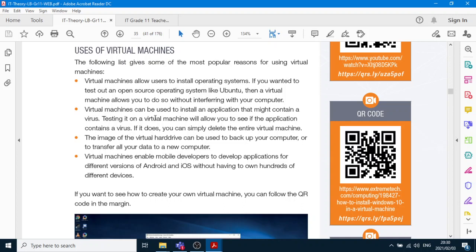Also, if you want to test a program to see if it has a virus or not, you can install it on a virtual machine, which has another operating system to your actual operating system. You have a virtual operating system which installs an application, and you want to see if that application has a virus so that it doesn't affect your computer. And if it does, then you can just delete the whole virtual machine without affecting your original computer that you're working on,